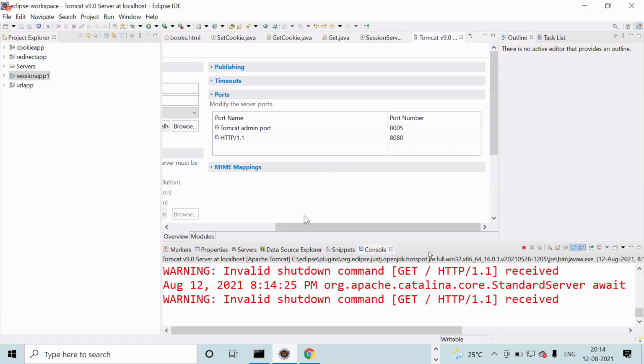That is the reason it's not coming. Like generally 8080, right? Admin port it will be displayed outside.